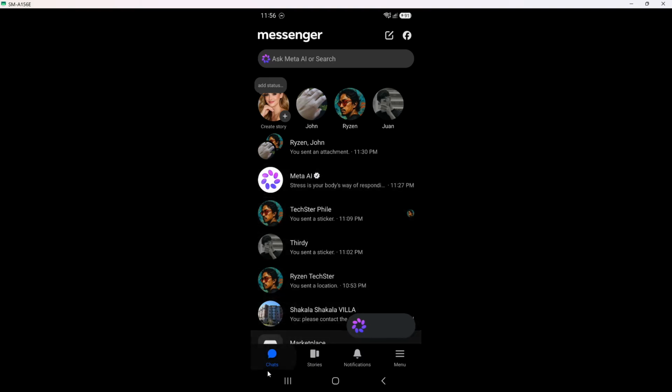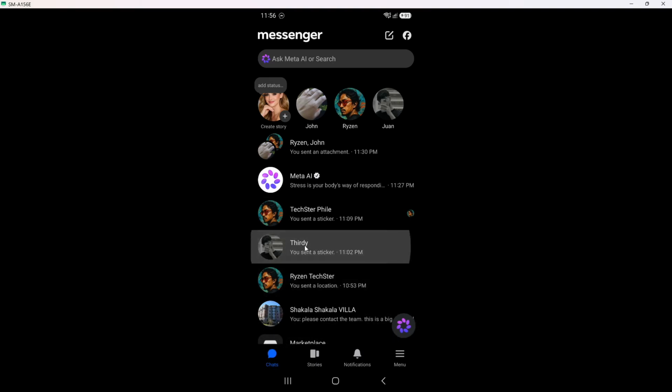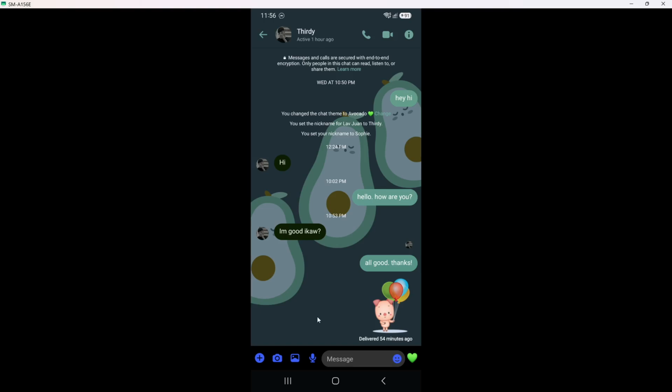Now, open a chat. Tap on any conversation from the list to enter it. When the chat opens, you will see the message history in the middle of the screen, with your messages aligned on one side and the other person or group on the opposite side. At the bottom, you should see the message box where you normally type, along with several small icons around it. If you accidentally open the wrong chat, just use the back button and pick a different one.